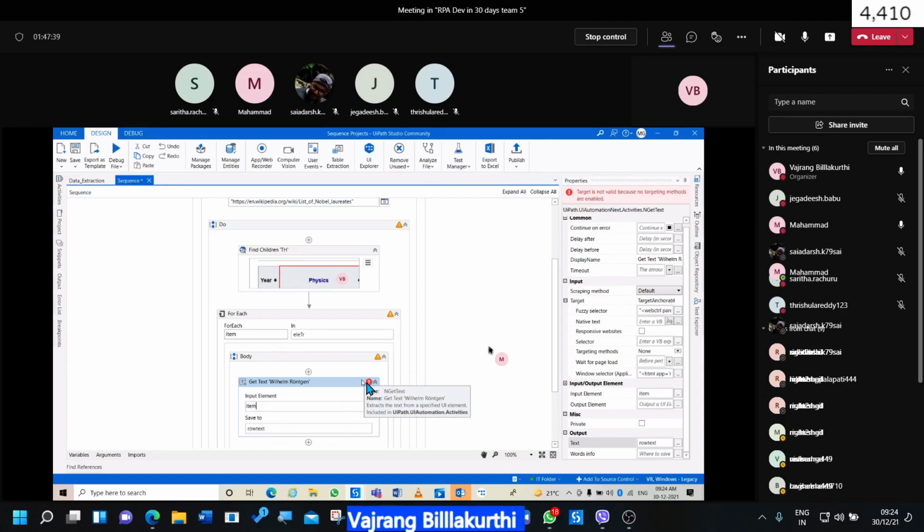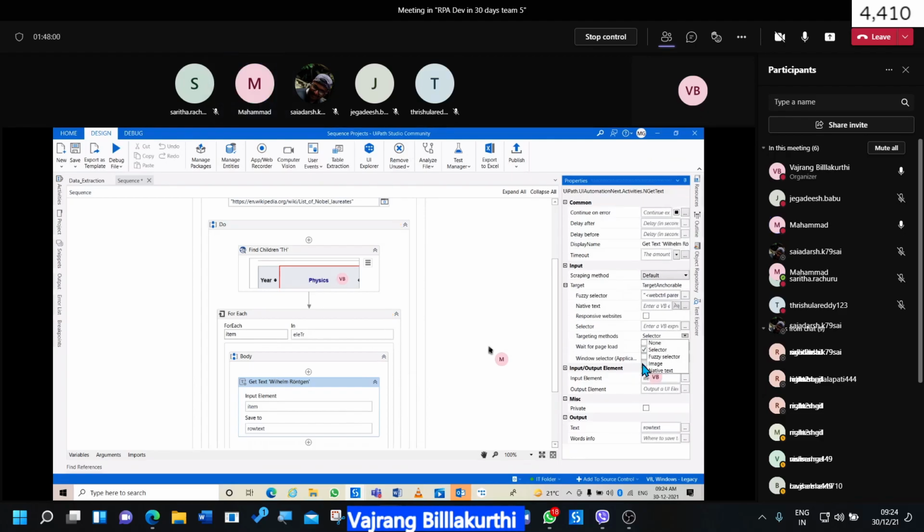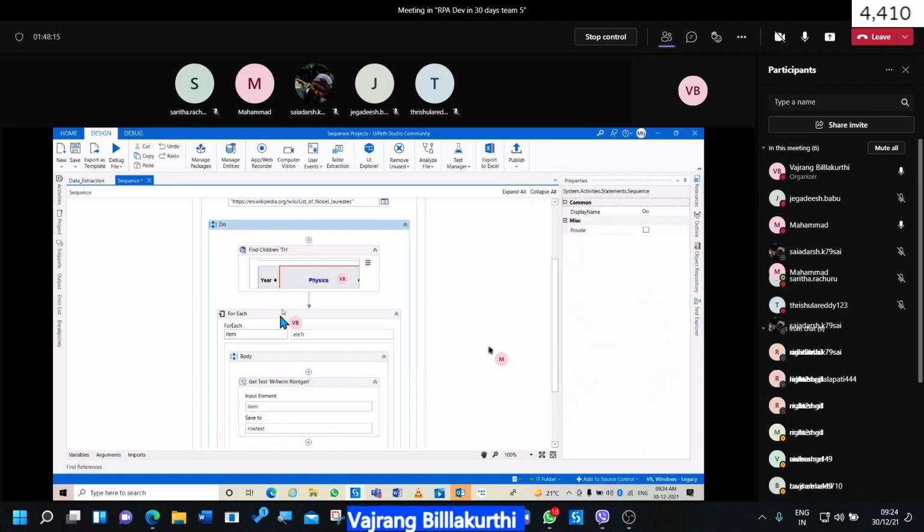Okay, and here what do we have? No targeting methods are enabled. The scraping method, the targeting method, none we have selected, right? But we can select selector. Okay, it went with selector, but we can remove the selector. The main reason is we are giving an input value, the input item, so this will be the complete UI element.